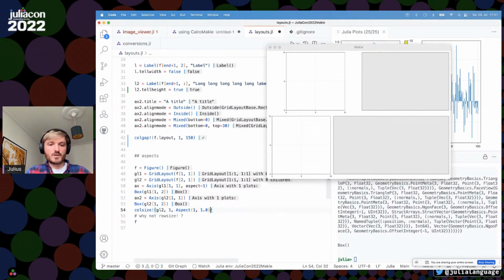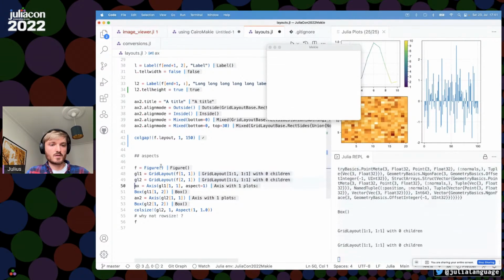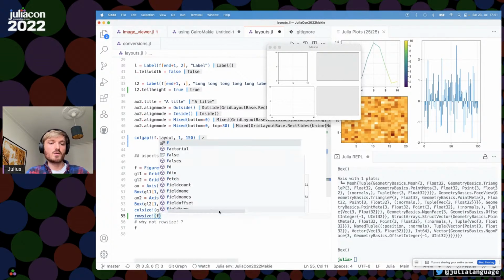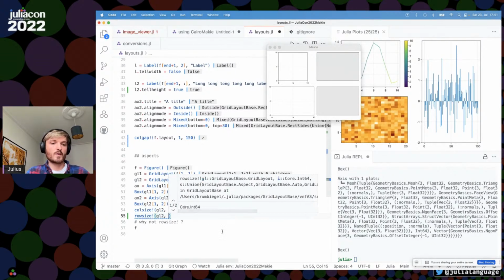And the last thing I want to show is why not do this with the row size. Let's just do this example again up to the point where I did the column size. And if I said to the layout, just make the first row with an aspect of 1 to the first column,